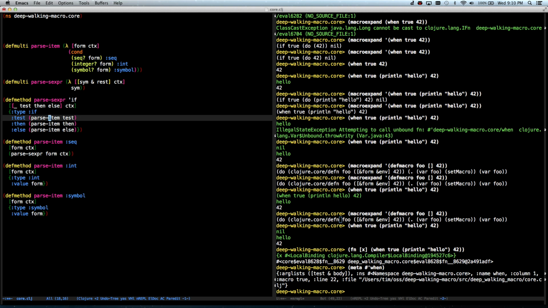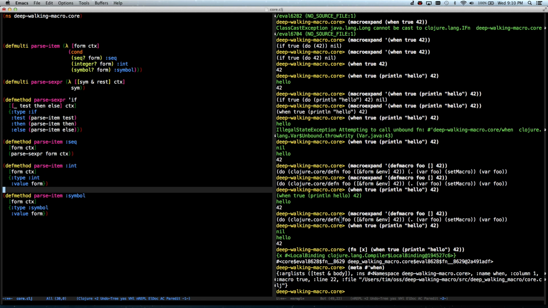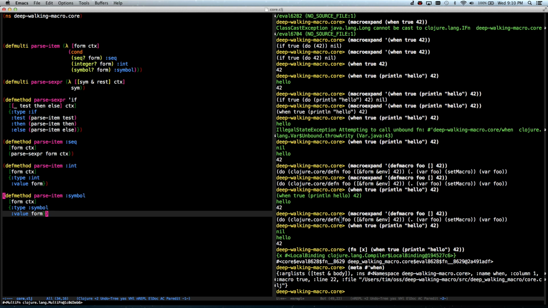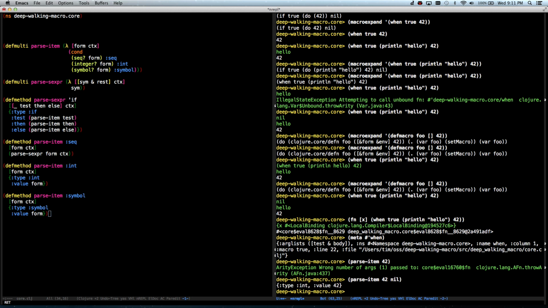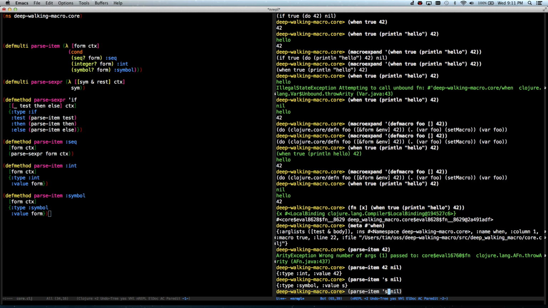We're handed this form, and now we're going to do something with it, and we're creating a hash map here. People who've studied compilers will notice that this is, of course, an AST, basically an abstract syntax tree. So now we can do this. This should work. Parse item 42. Oh yeah, we need our context, which we're just going to hand nil because we don't actually use it. And we have int 42. Cool. If we pass it a symbol like s, we get symbol. And if we pass it a form like this and say if x 42 else 41,